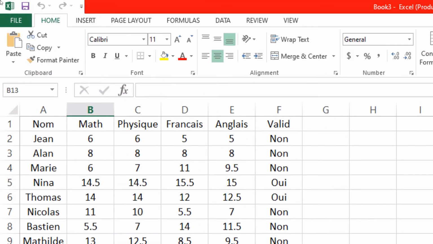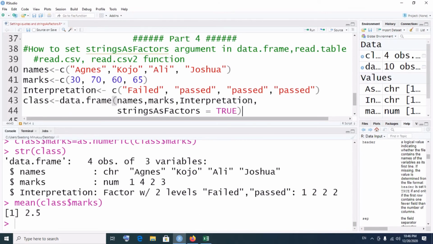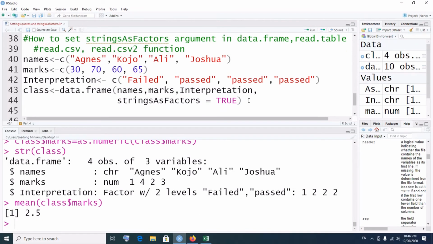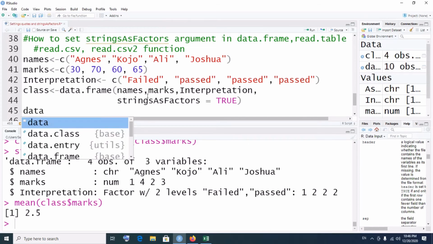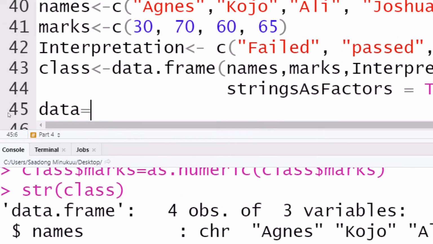Okay, now to import this data into R using the read.csv command, what do we have to do? We simply come to R, and then I will say, for instance, data is equal to